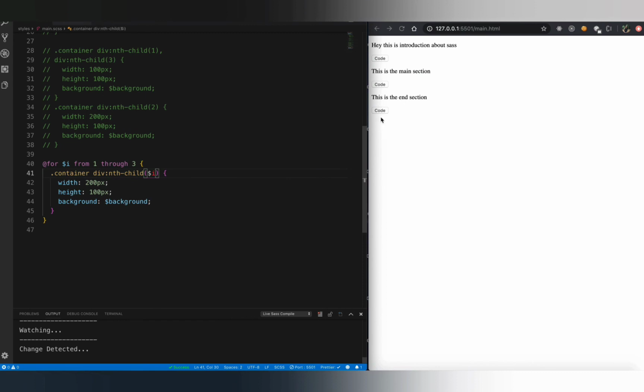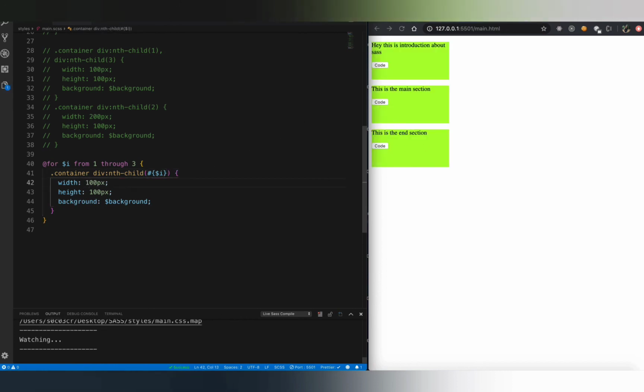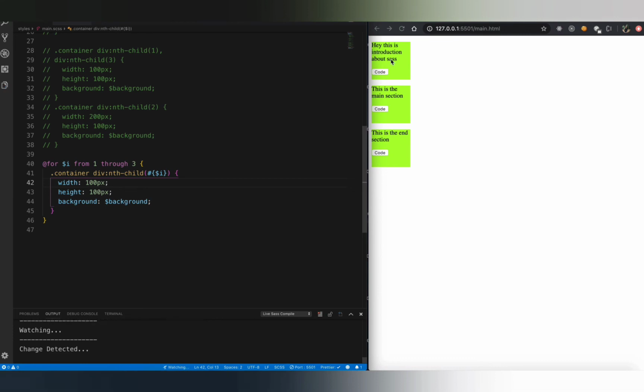This is not going to work yet because this actually returns an unquoted string. So we need to convert this into a number, and in order to do that, you can use the hash symbol and then put it in curly brackets like this. So now this is actually going to work, and the width was 100 pixels. However, now all the three are the same because we're using a for loop. We don't have any conditions yet. So we need to put a condition that if we are referring to the second child, the width should be more for this particular div.